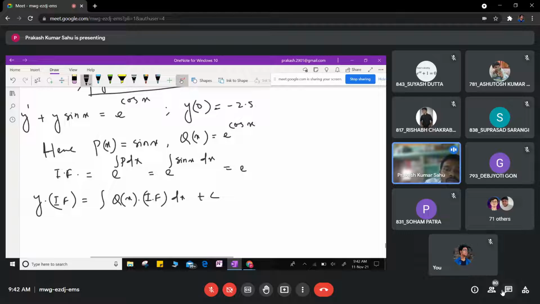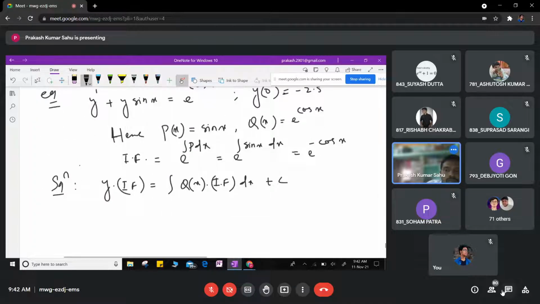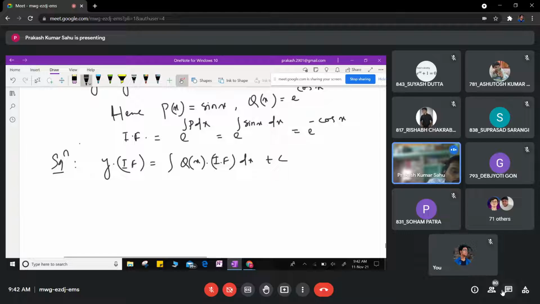E to the power minus cos x. Now it is correct. Okay. So that implies